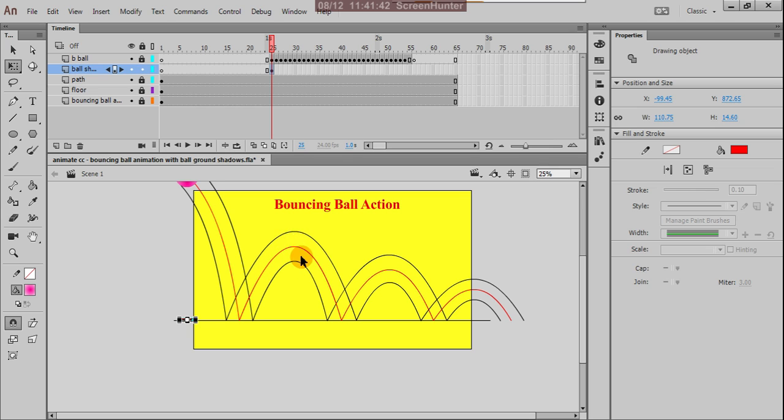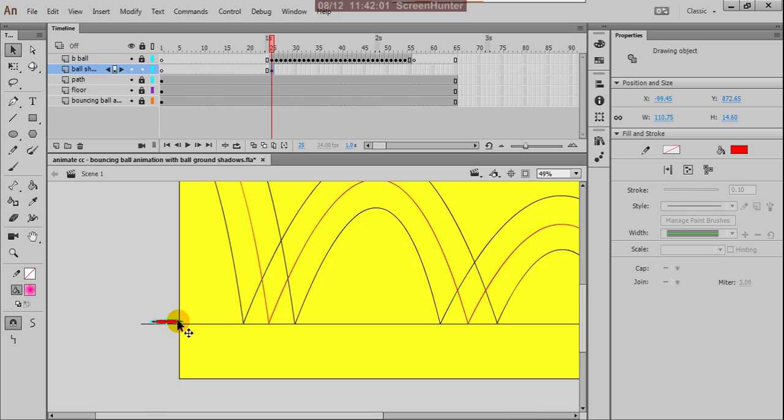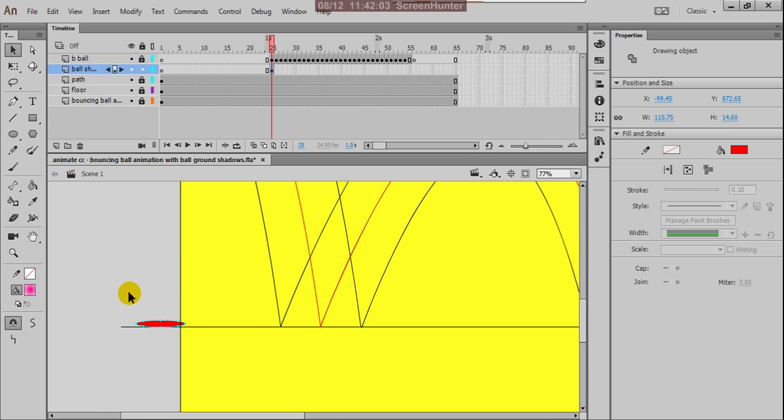And at the top edges, because the ball is going up opposite to gravity, the shade must be smaller. So that is the rule. Okay, now this is my shade for this.